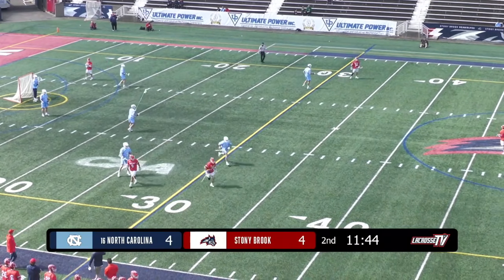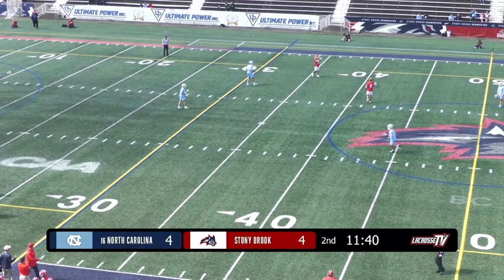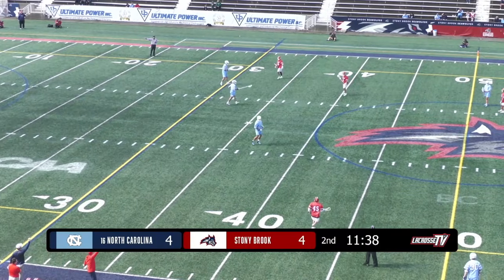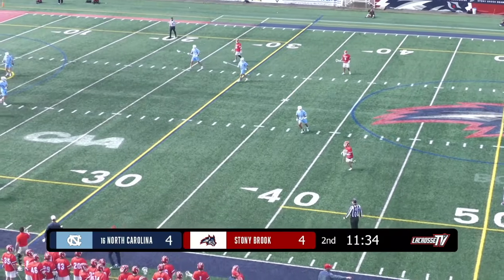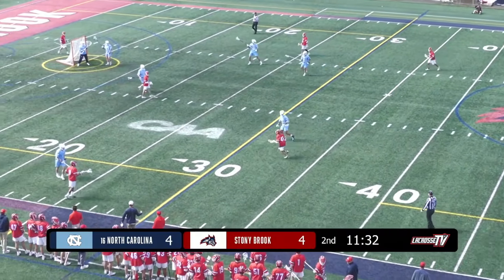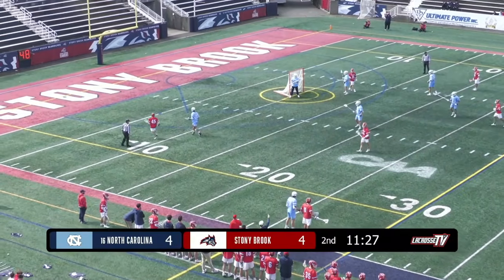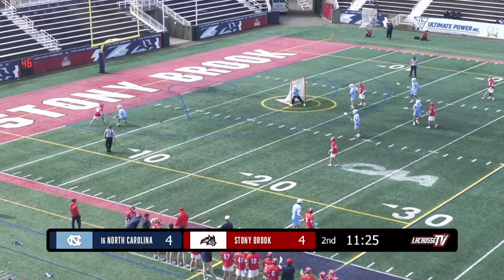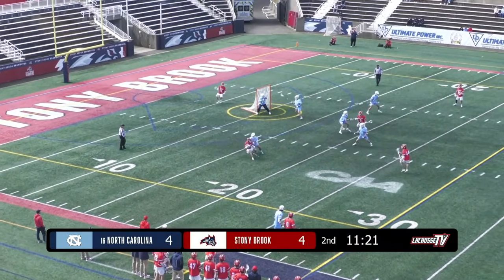Everybody's moving well, and they're in sync, but they just can't connect the 2 passes that they need for an easy dunk. You know, that's just where stick work becomes really, really important. Having sharp sticks, spending time outside of practice working on your stick work, right? I think kids think that just showing up to practice is good enough, right? And it's not. If you want to be great, you've got to put in the work before or after your